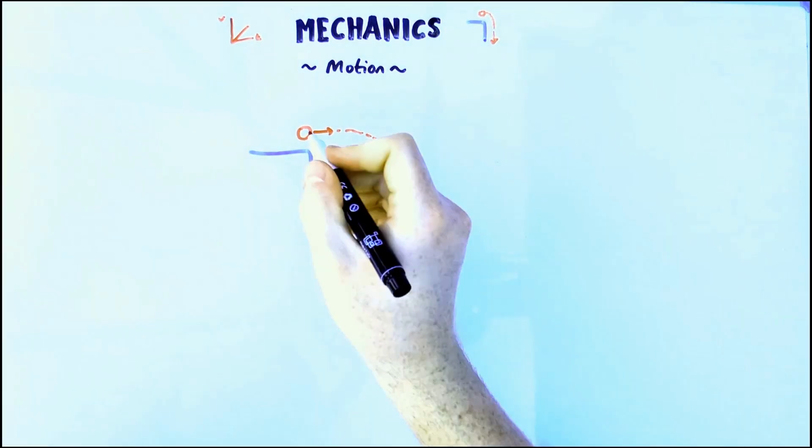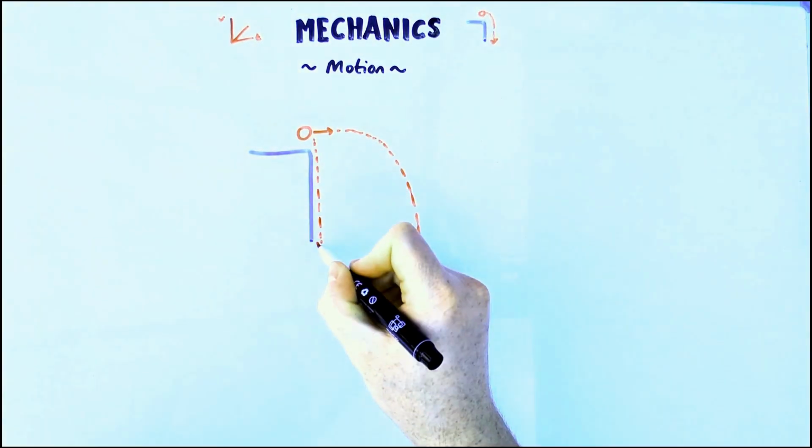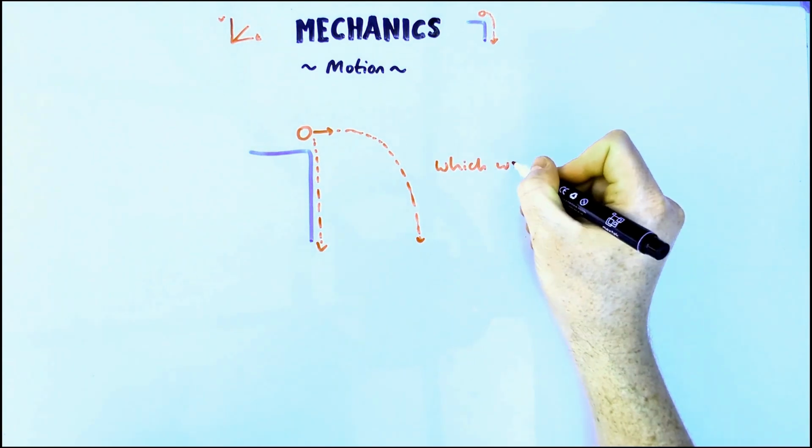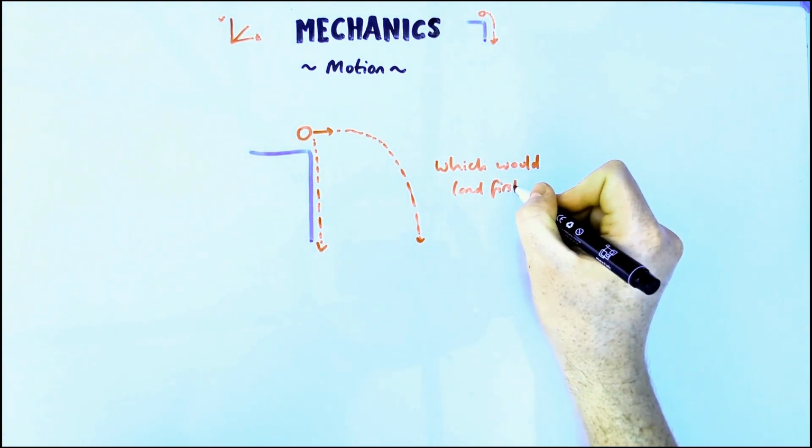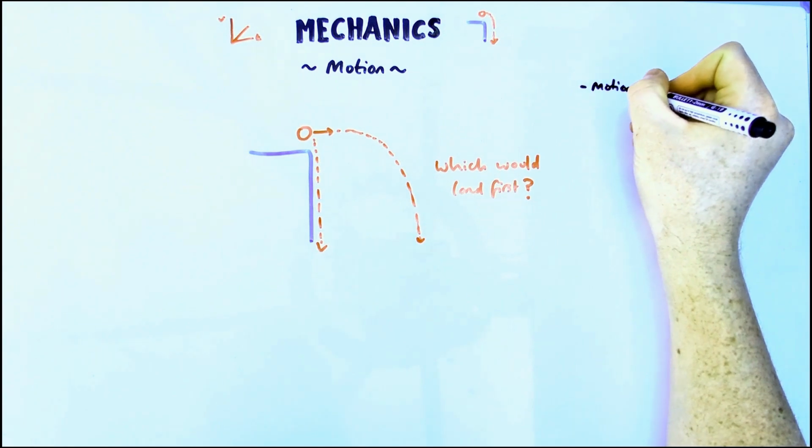If you were to throw a ball horizontally off the edge of a cliff and then at the same time drop an identical ball, which would land first? So this is one of the questions we're going to answer with the topic of projectiles and motion in this